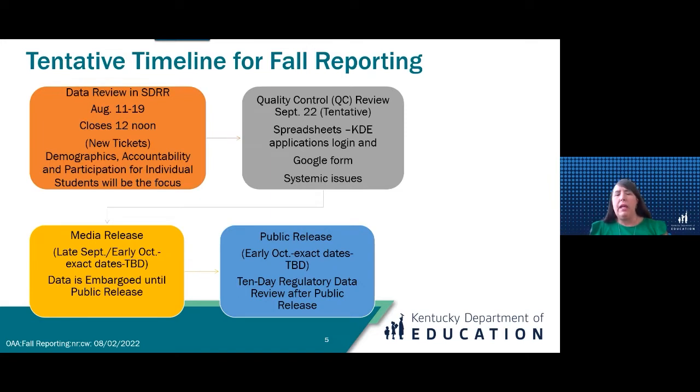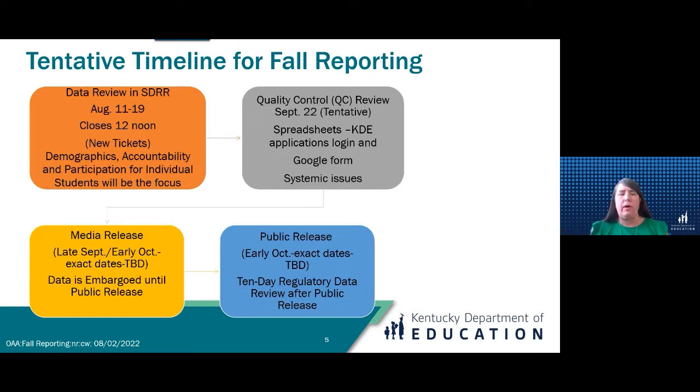And then we move into public release. During that time, we release it to our schools and districts in late September, early October. The day before it's released in the school report card, we also release it to the media, to get them ready for their articles.